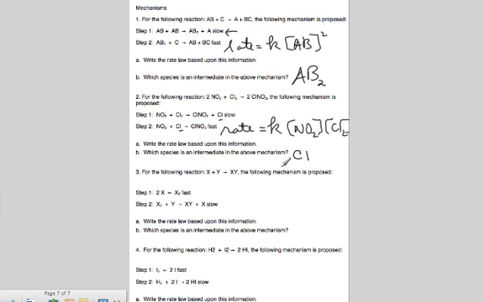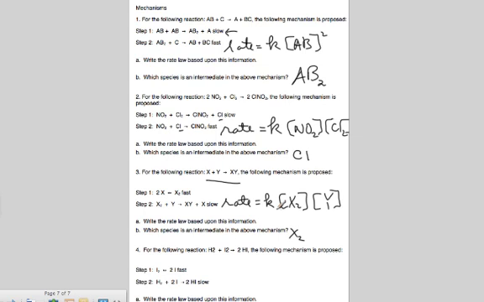Alrighty, number 3. Now, this time I got a slow step. That's the second step, so very well may have an intermediate, but let's go ahead and write the rate law. k times X2 times Y. In each of these, you're given the overall equation. X2 does not appear in the overall equation, so we already know it's an intermediate. And I've got to use this first equation to put in what X2 is equal to. And so that is going to be